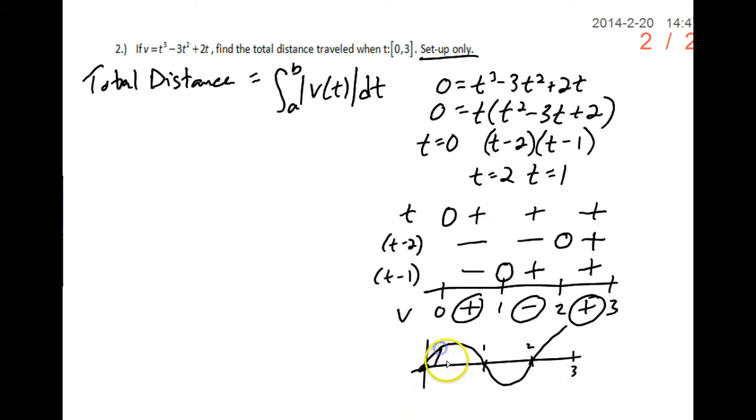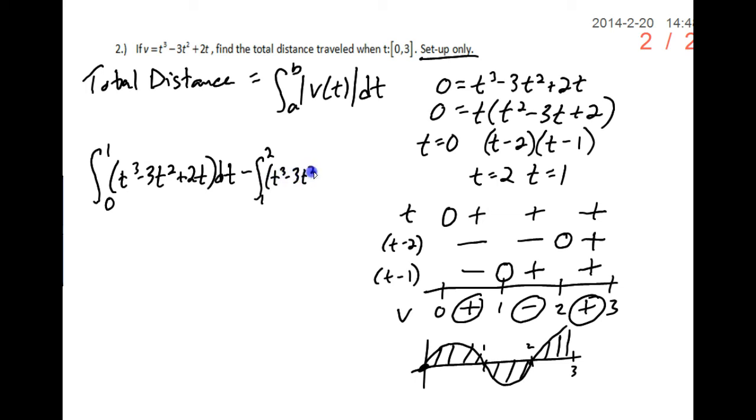So that means we want to take the integral from 0 to 1 and then subtract the integral from 1 to 2 and then add the integral from 2 to 3. So our total distance is the integral from 0 to 1 of t cubed minus 3t squared plus 2t with respect to t. Then we're going to subtract the integral from 1 to 2 of t cubed minus 3t squared plus 2t with respect to t. Then lastly, we're going to add the integral from 2 to 3 of t cubed minus 3t squared plus 2t